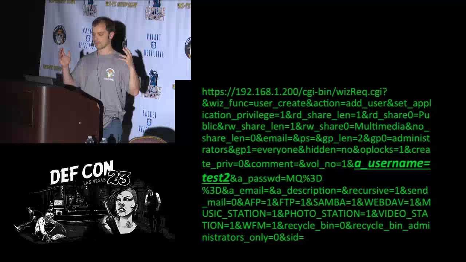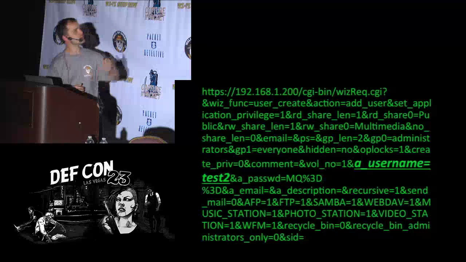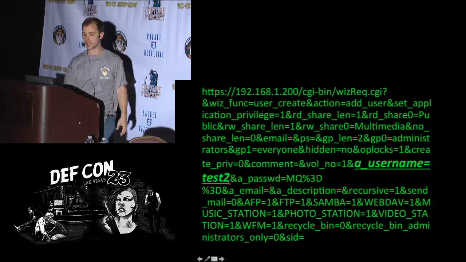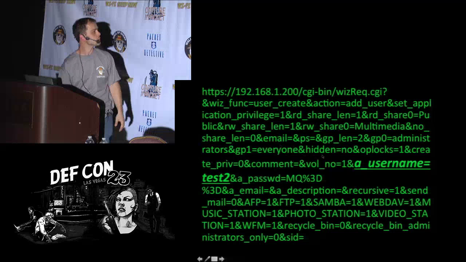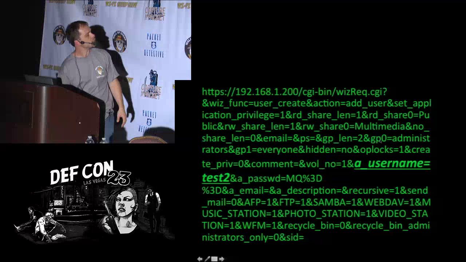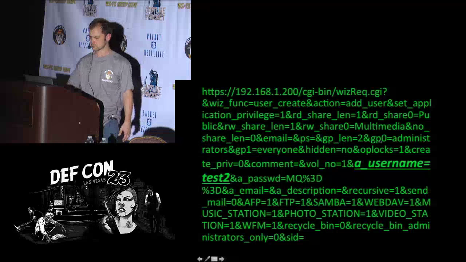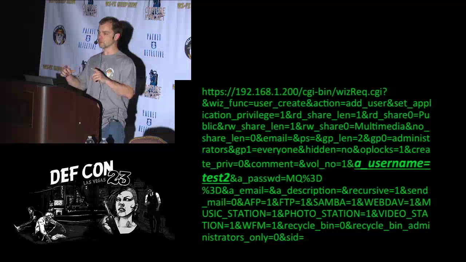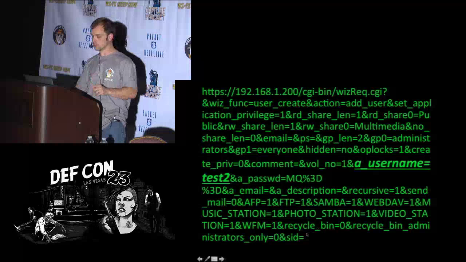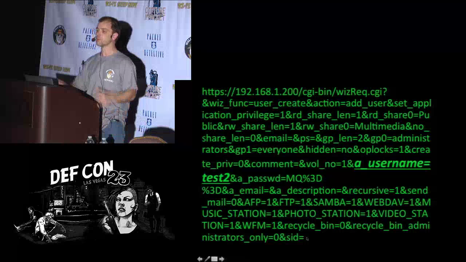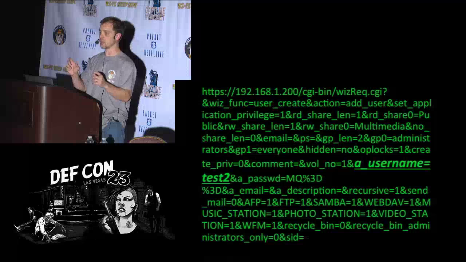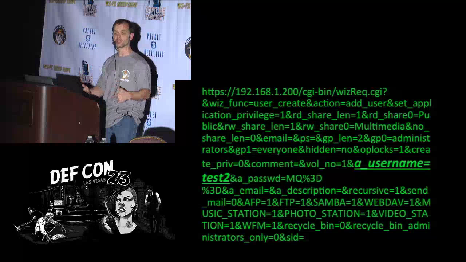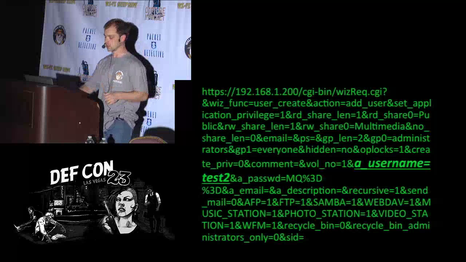So here's where it gets interesting. This is that URL to add a user. And the username we're going to add here is called test2. And we can see that they have administrator privileges here. I want to be able to embed this URL in my script. So I'm going to take that URL, and you're going to see the SID is blank here. So I want to be able to attach that SID to the end of it, and then force the user through JavaScript to refresh to this URL, which will then add a user.